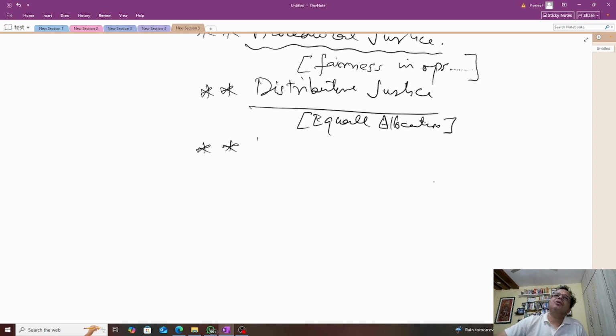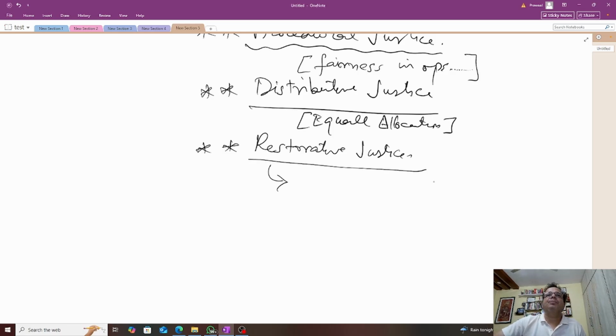Then the third one is called restorative justice. So what happens in society, there have been times that there are people who were not treated so well, and not just in India, it happens everywhere. Somewhere it was about blacks, in India probably it was about some communities because of caste, creed, or financial disparity. There are some people who were not treated well, so we need to put them at par. And then all these policies like your reservation, etc., try to do this restorative justice.